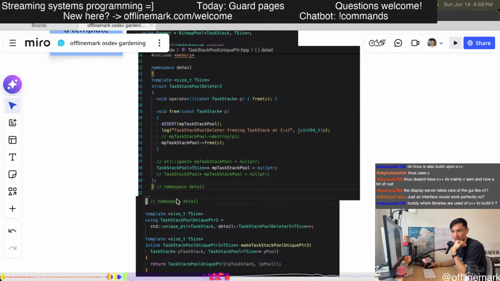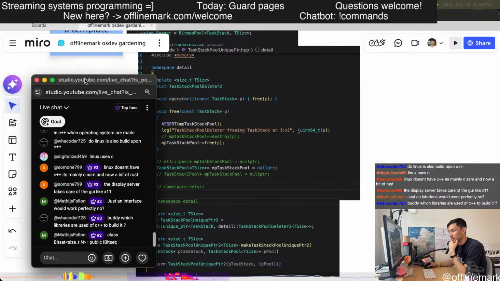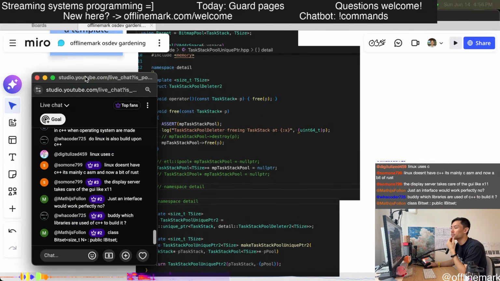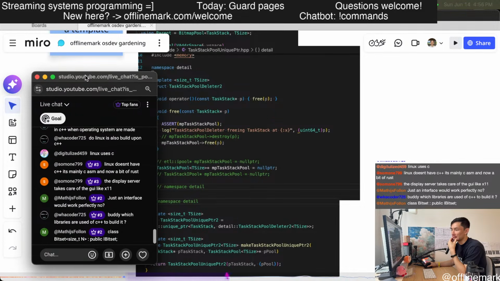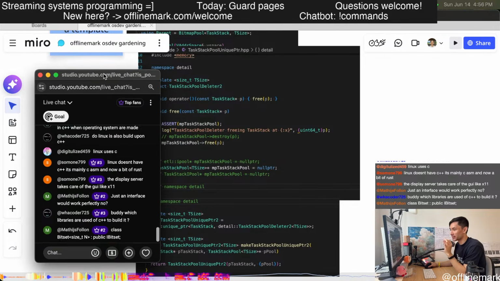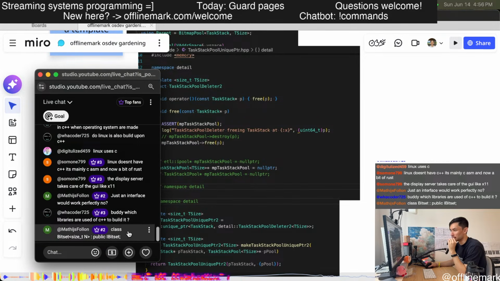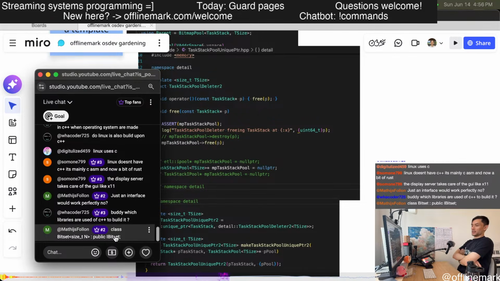So Matias is saying, why don't you just implement an interface? And this is totally an option, but the problem is then you need to implement... Well, actually, let me make sure I understand this.